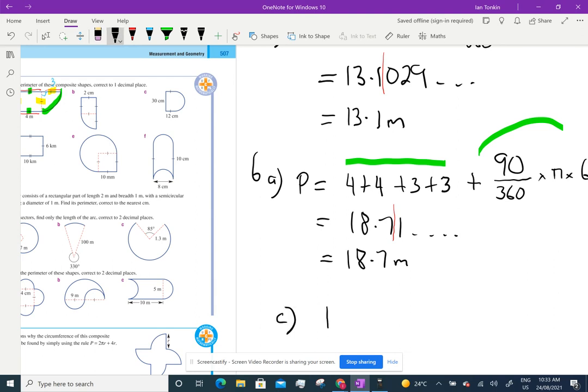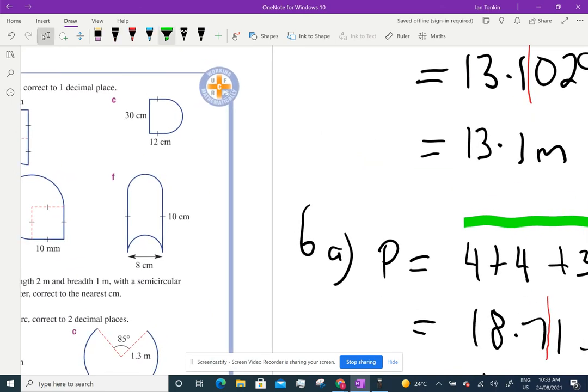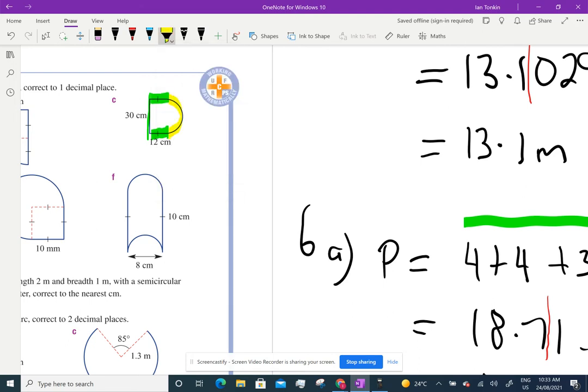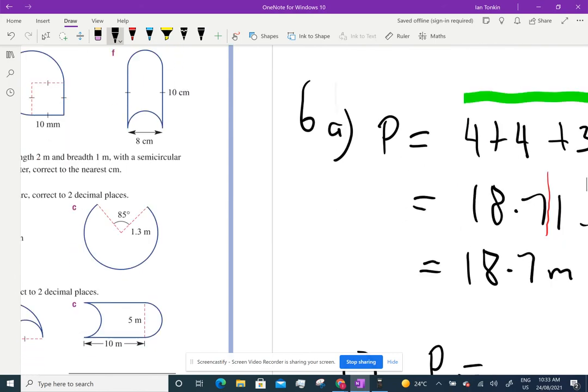Now, if I look at C, what have I got here? Here are my straight bits. There's that straight bit there, that straight bit there, and that straight bit there. And then the curve bit is that bit there. I am going to draw a dotted line in there to show me the middle bit. So I've got half a circle and 3 straight bits. So my perimeter